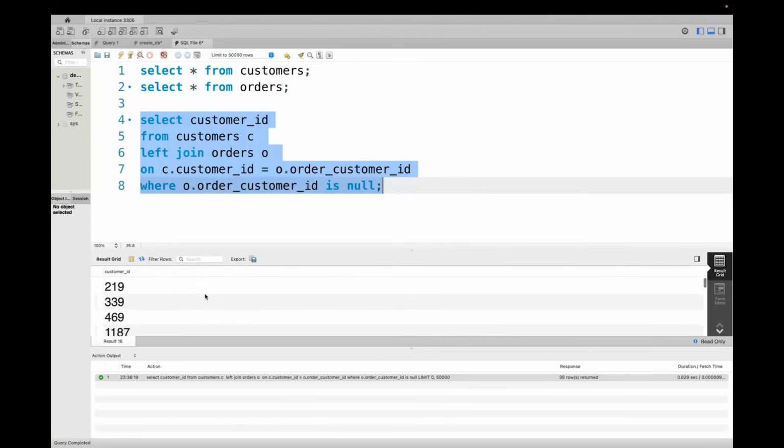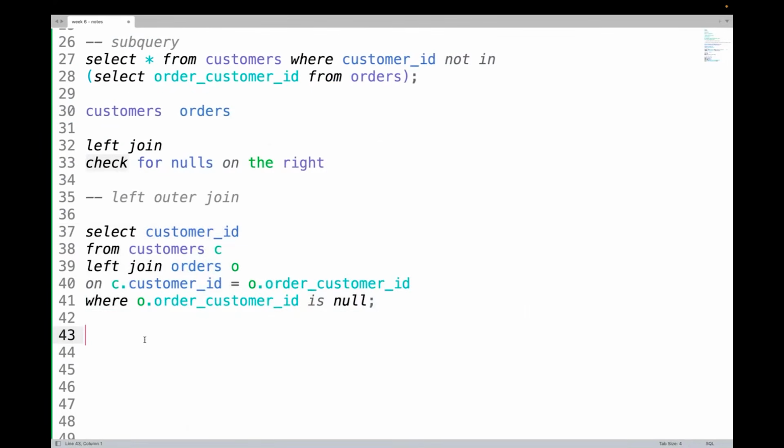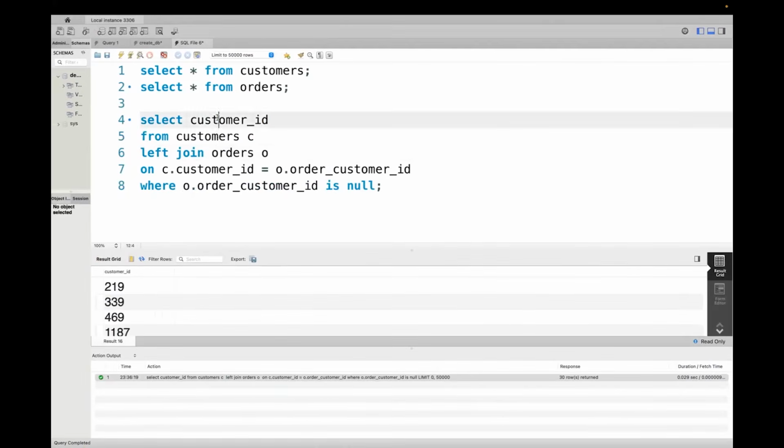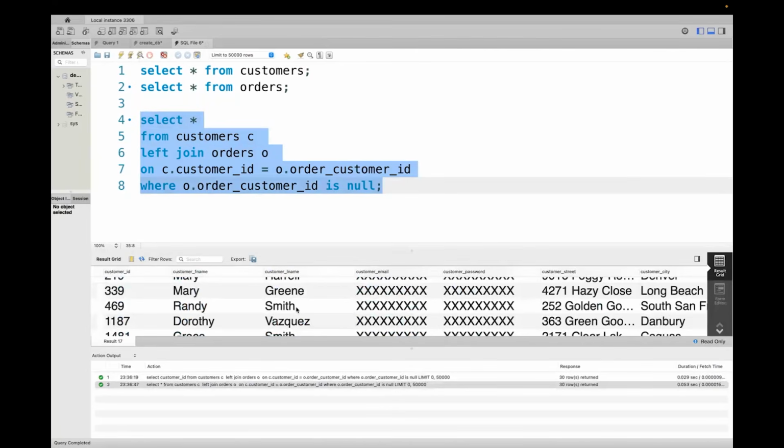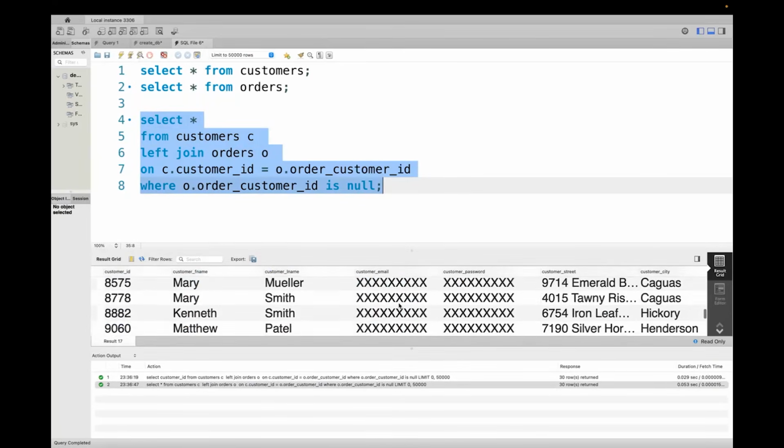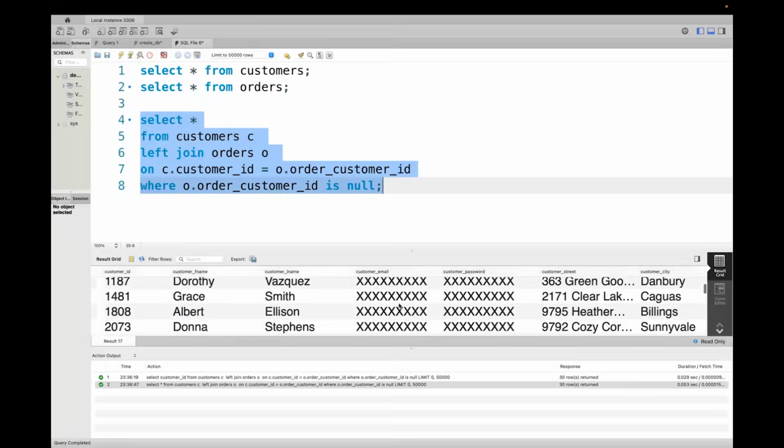Now I could have selected more columns, whatever I want. That's not a problem at all. But I just selected customer ID in this case. I could have done a select star or whatever I want. I could do that and I will get all the columns from both the tables, right? But the important thing is it gives me 30 records,